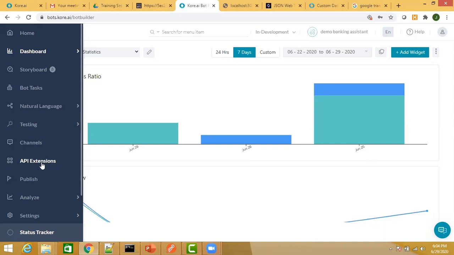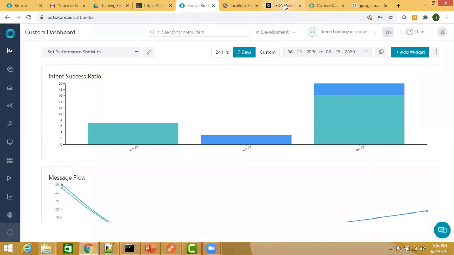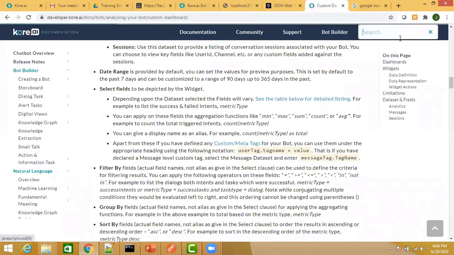But in case you want to persist some data, you can always do that from our context variables. We have different contexts, like I was talking about. Refer to our documentation on that.